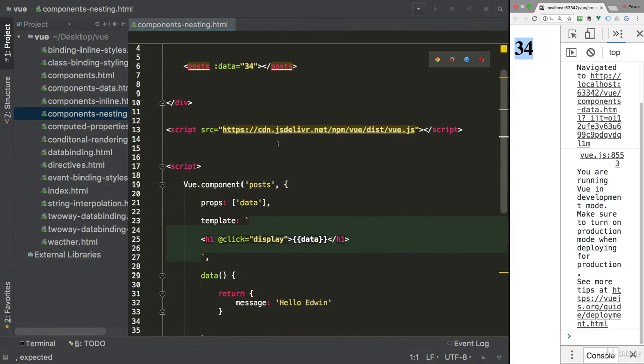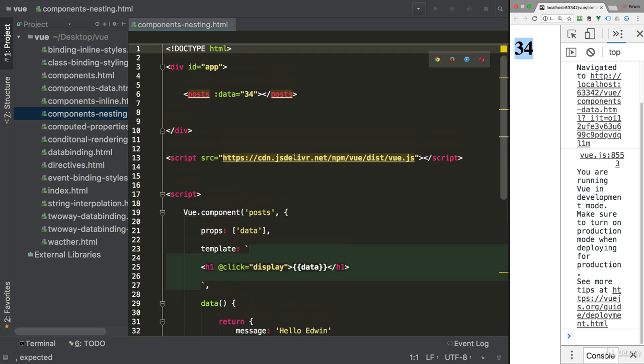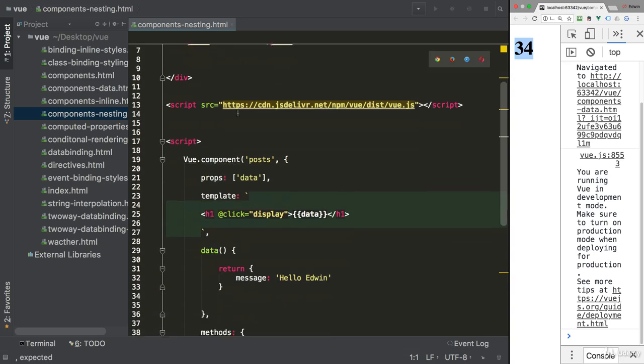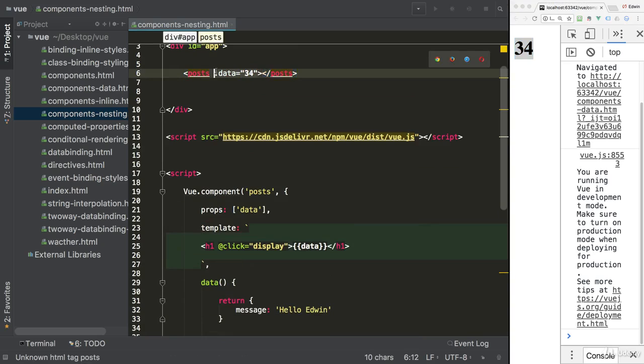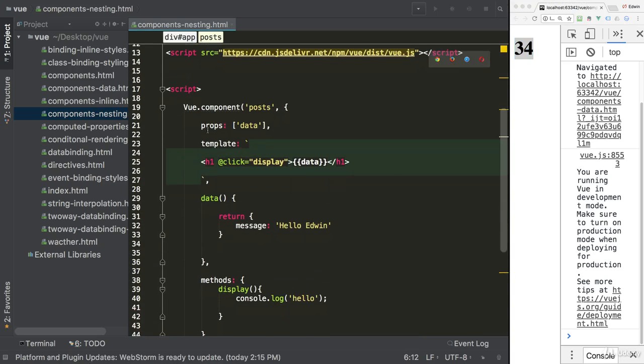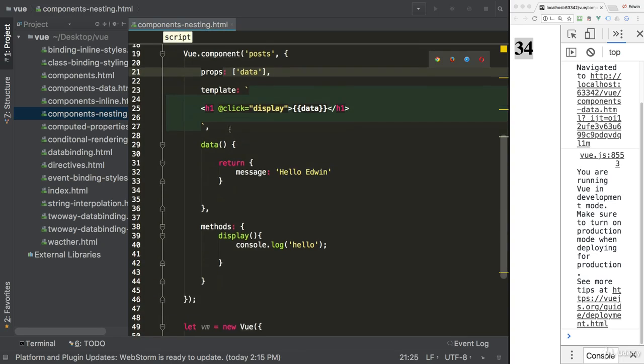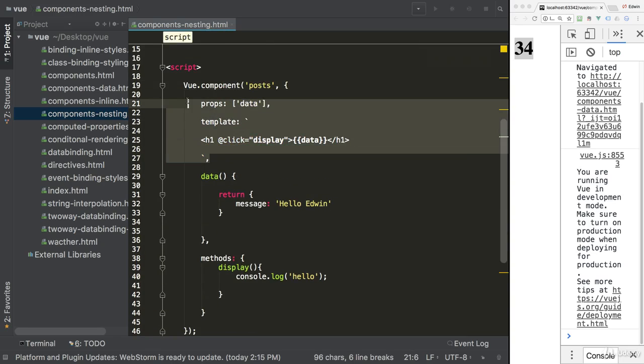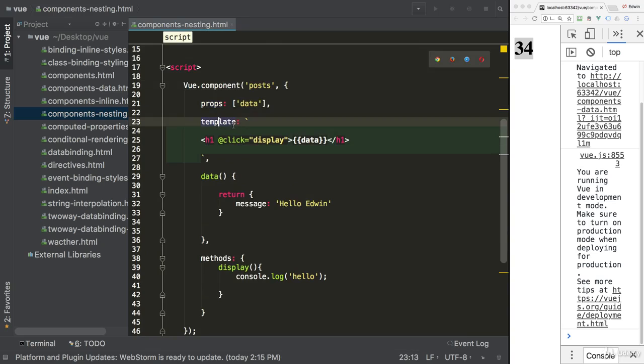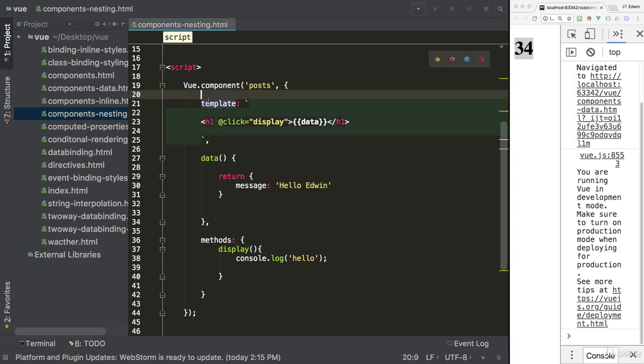So let's go ahead and create a component here. This component, let's give it some data. I'm gonna take that off. You know what? We don't need any of this stuff here. We do need a template, but we don't need props. So what I'm gonna do here in the template,